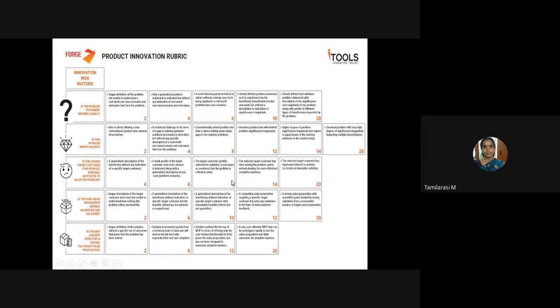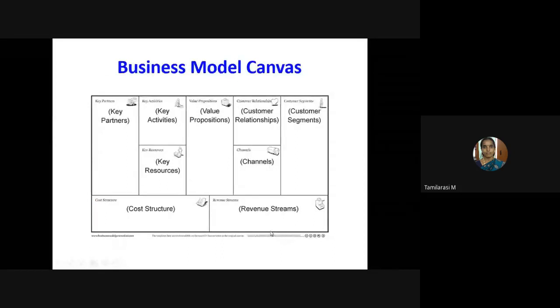Okay, so for your project you go through each and every box in each category, totally 5 categories. In this, how many marks can you give at maximum for your project based on these box descriptions? Finally you add all those. Each category has a maximum of 20, so totally 100 marks. So out of 100, how much have you scored? That is the result of the product innovation rubric. So that is the validation risk.